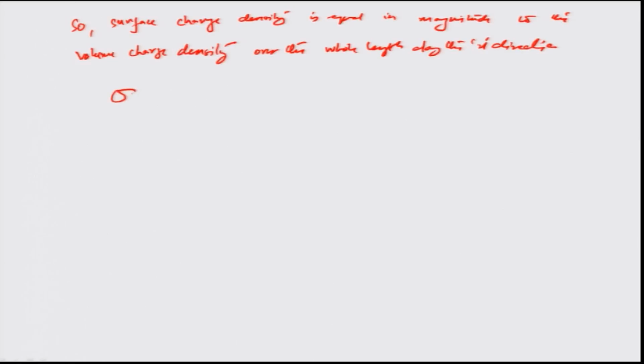In other words, sigma becomes equal to A dq squared by 4 pi times